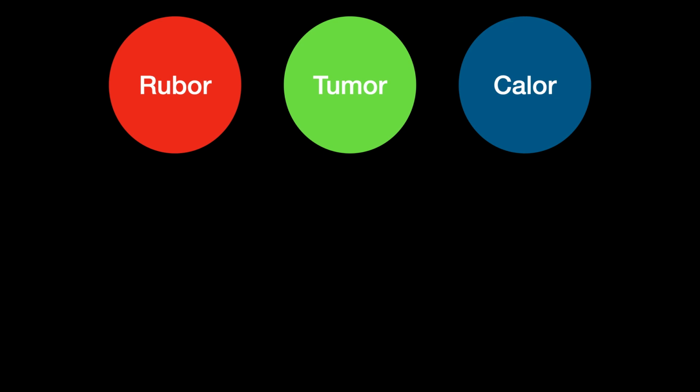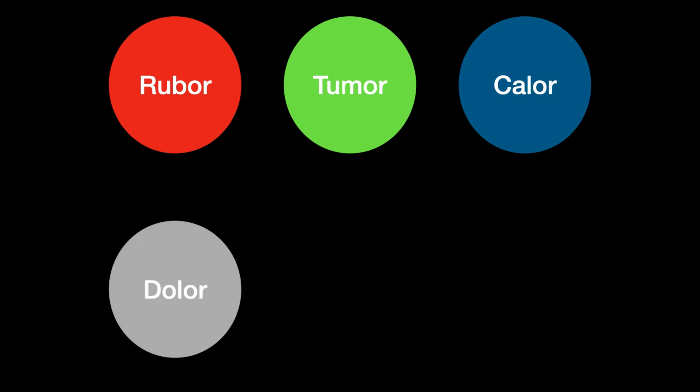And the fourth term is this idea of dolor, right, which is a Latin term that means pain. And so because of all this going on, because of all the inflammatory cells that are in the area irritating things, we're going to have some pain in the area, right? So if you take that red, angry spot on the skin and start pushing on it, it's going to hurt, right? It's going to cause some pain. And so this is the fourth hallmark of inflammation that we can see. Well, maybe you won't see this one so much, but here our patients respond in pain as we scan them, right? And the fifth one is going to be the Americanized English